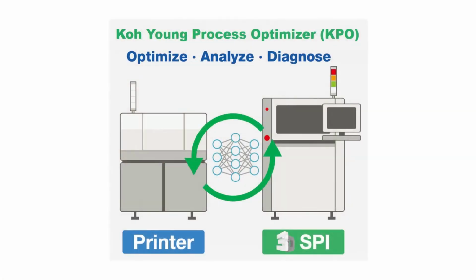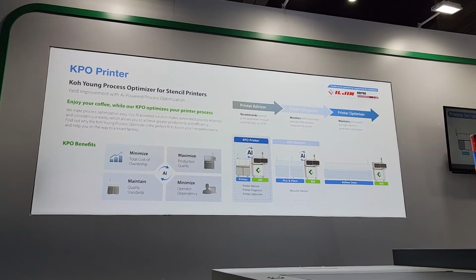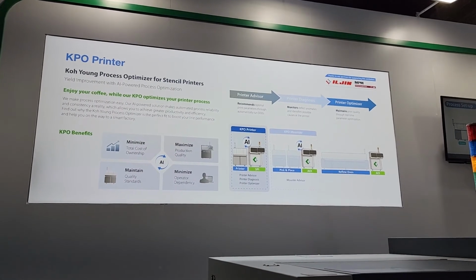Sure. So, as you know, this is something that we've been working on for a while now, and have actually released, from the standpoint of being able to fulfill the initial design requirements and specification of 2 of the 3 modules that make up KPO Printer. And KPO, K-Smart Process Optimizer, which we have for both the printer and the mounter. And we can talk a little bit about that as well. Right. Something we'll be showing at Apex. Okay. But for the printer, again, the initial advisor module and the diagnostics module, which are the first 2 increments,